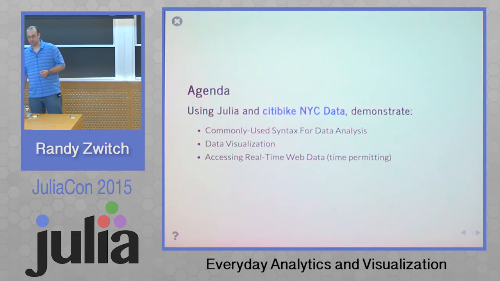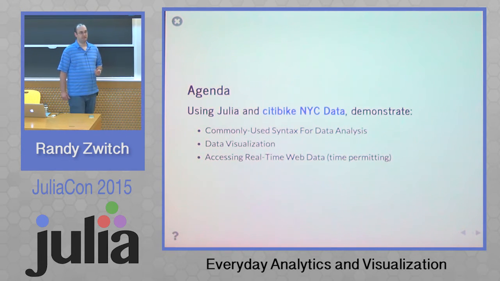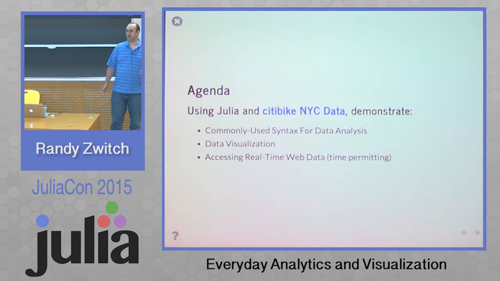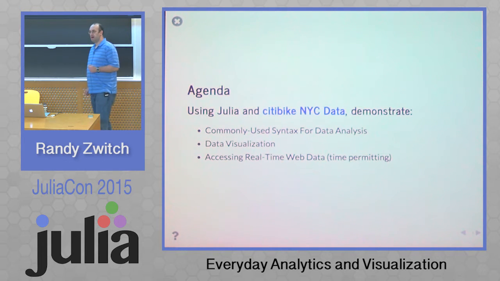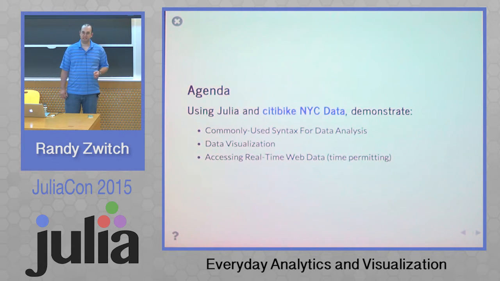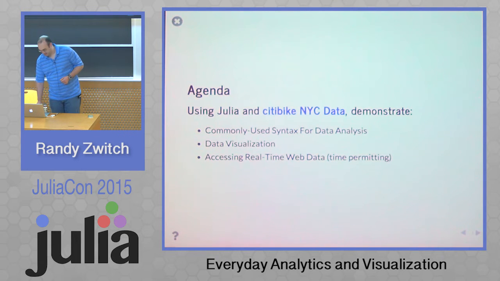What I wanted to do was show, using the City Bike API for New York City, how to work with APIs and how to do some common summarizations using the DataFrames package. I also wanted to show some common visualizations to answer business type questions. So this will be a very lightweight, easy to understand talk. If you have any questions, please let me know. Let's keep it as interactive as possible.